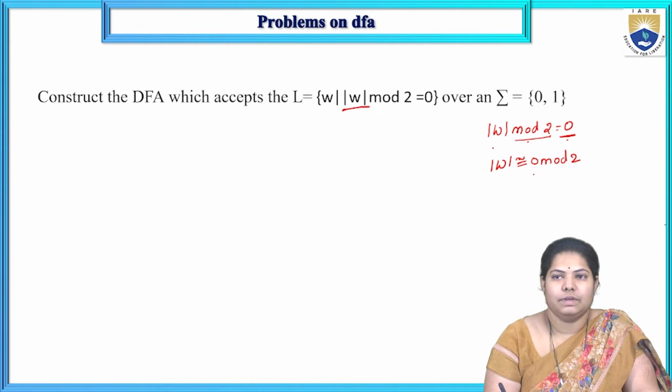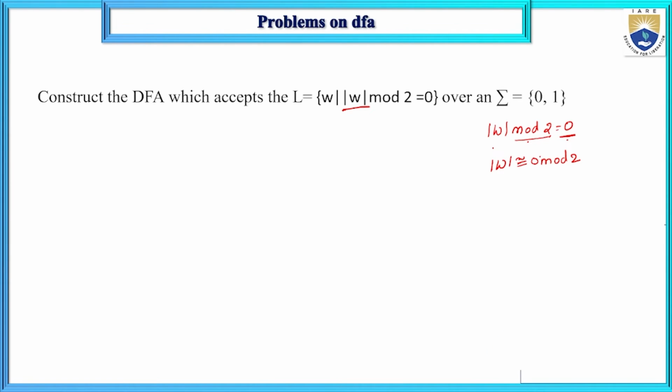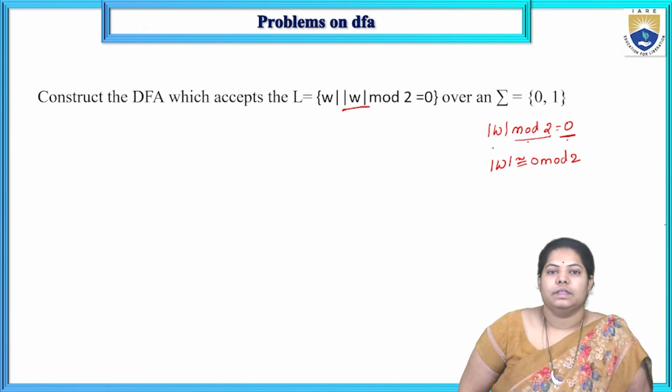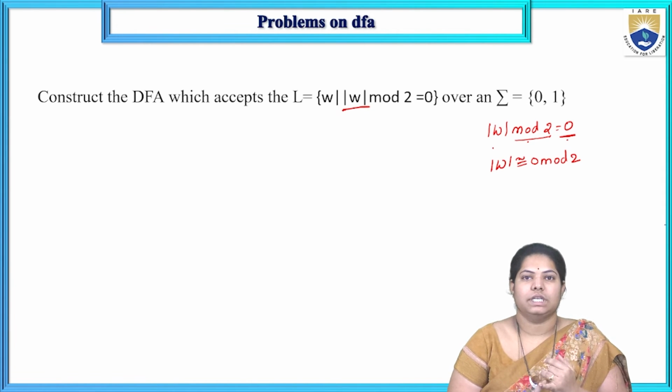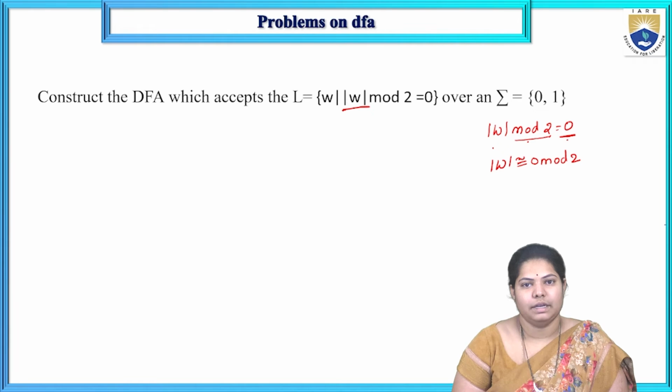The string length congruent to 0 mod 2. That means when a string length is divided by 2, the remainder is 0. So what are the string lengths that, if I divide them by 2, I will get the remainder 0? I get the remainder 0 when the string length is 0,